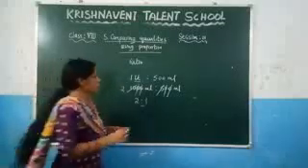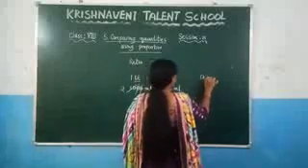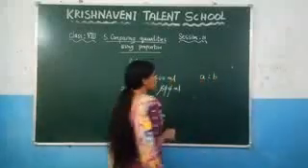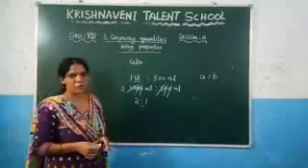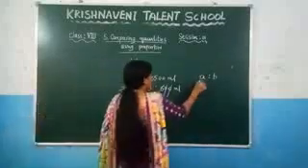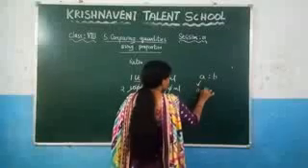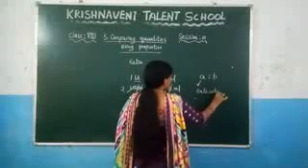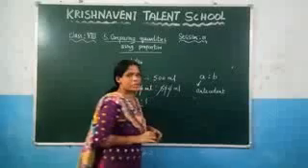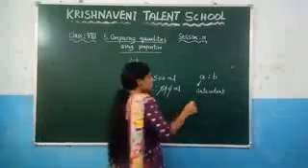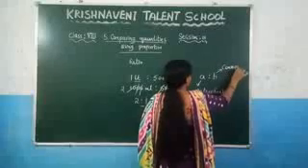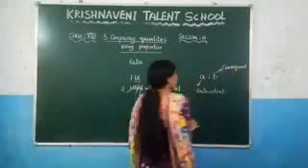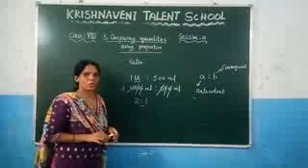Now here, let us suppose the ratio is denoted by the symbol A is to B. Here A is any value, B you can take any value. It is in the form of A is to B, and the A we call it as an antecedent, and this B we call it as a consequent.